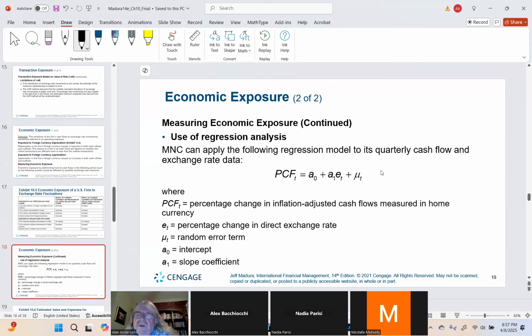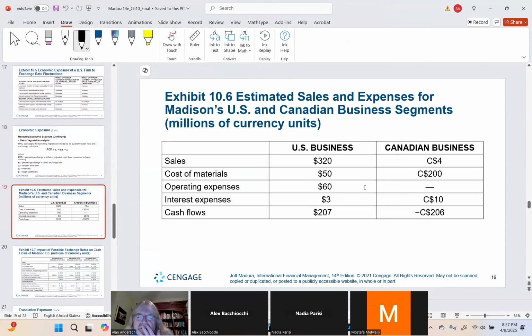You'll end up with an equation whose slope tells me how much each, let's say 1% change in the exchange rate will impact the value of our cash flows. So this is one thing we can do. We can actually simply use, instead of value at risk, a regression model, which shows us how much the exchange rate will directly impact our cash flows. All right, so we won't be able to do that here, unfortunately,